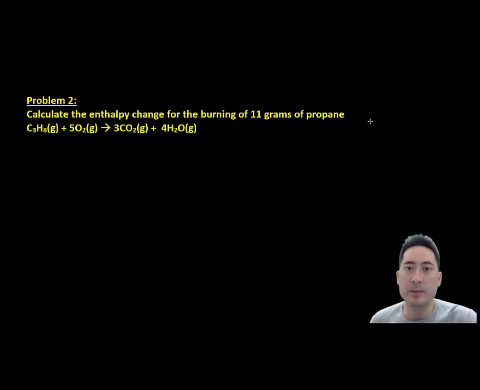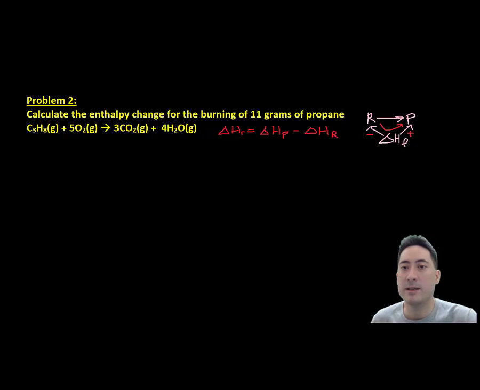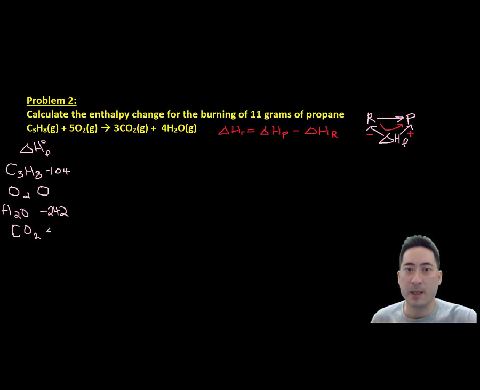Problem 2, calculate the enthalpy change for the burning of 11 grams of propane. Again, write out your chemical equation if it's not given to you already. It's done here. Then we have to work out what the formula is. Because it's enthalpy of formation, standard states to compounds, we draw the lines to the compounds, reactants and products. So we know the formula is products minus reactants. Write out all the values, and then first work out the products, multiplying by the number of moles for each one. That'll give you